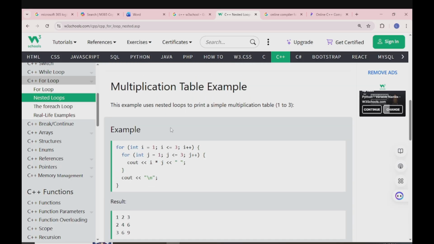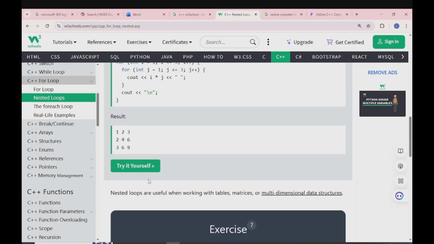Multiplication table example. This example uses nested loops to print a multiplication table for 1, 2, 3. Here you see two for loops, one inside the other. i starts from 1, i is less than or equal to 3, i plus plus. Here j starts from 1, j is less than or equal to 3. So if you try this,